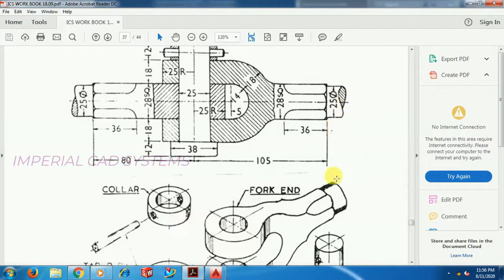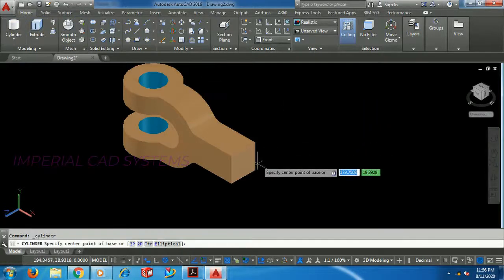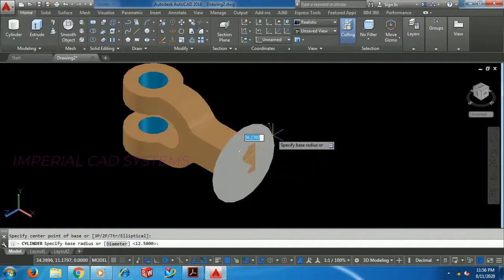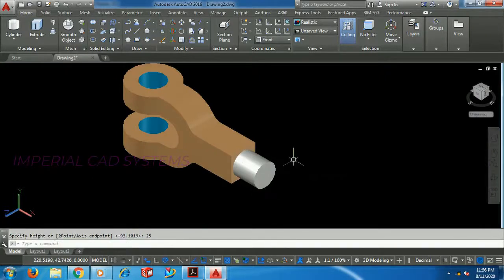Here this one, this feature, cylinder, directly you can place here. 12.5, 25, or let it be 20.